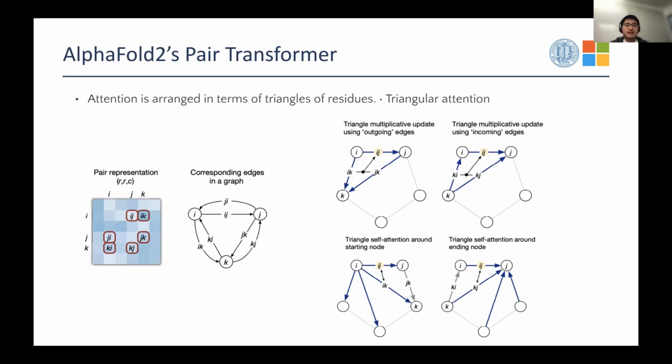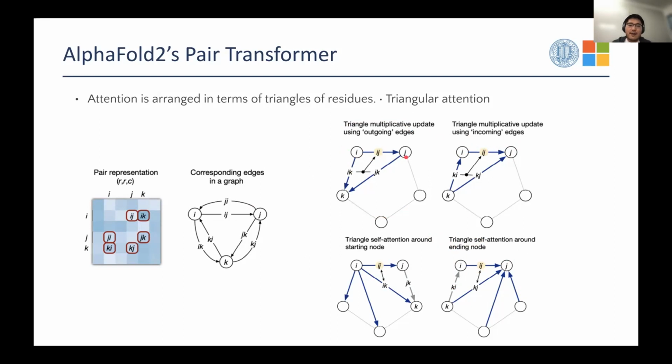And then the attention is something they're calling triangular attention, applied iteratively for four settings. The upper side is called multiplicative update, for outgoing edges and incoming edges. The lower side is called self-attention around the starting node and ending node. This could be a little bit difficult to understand at one time, but let me just finish the first thing, the outgoing edges,